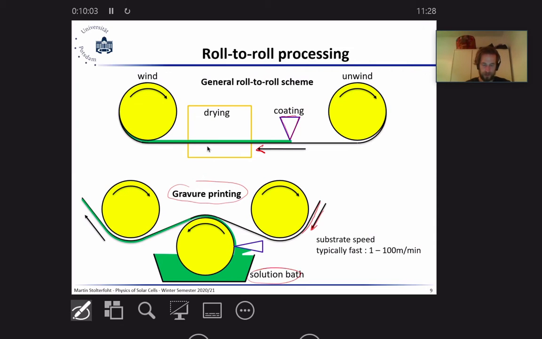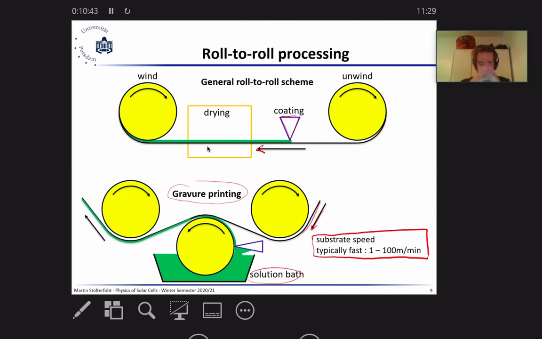in a solution bath. Basically, it could be brought onto the material as illustrated here, and this can be very fast, and you could make very large areas with this. For example, between 1 to 100 meters per minute. So in general, these processing methods are very cheap, and they have always been the dream of third generation photovoltaics, that you can roll-to-roll process them